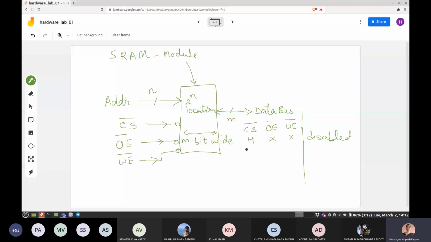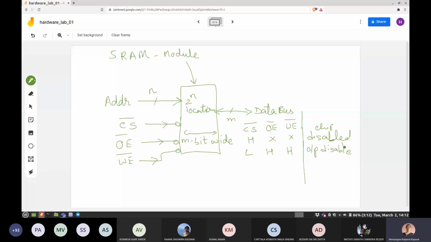If CS bar is low and both of these are high, the chip is enabled, but there is no output. So the first row is chip disabled. In the second, the output is disabled because I'm not allowing the output to go out. Reading is not possible, and writing is also not possible.